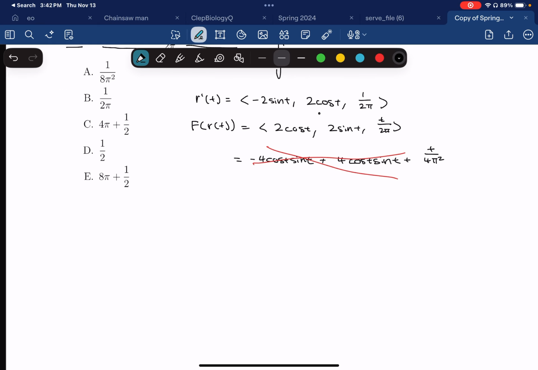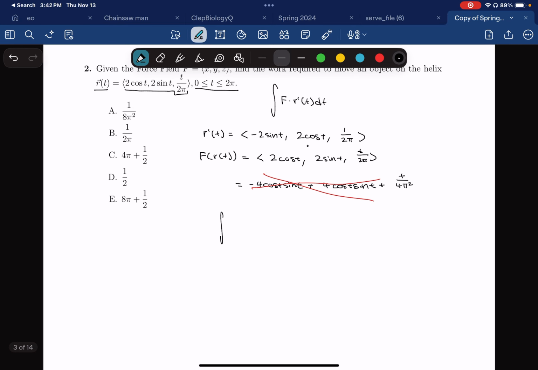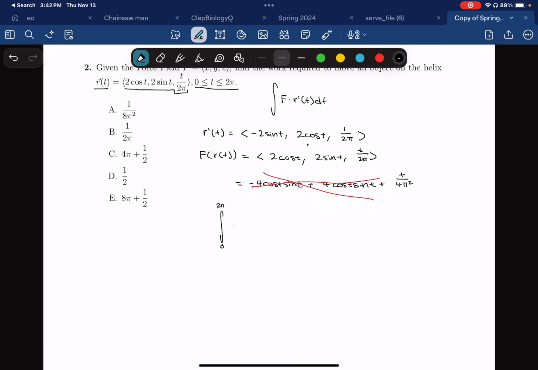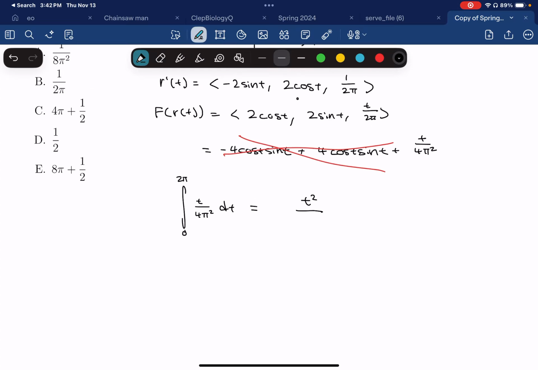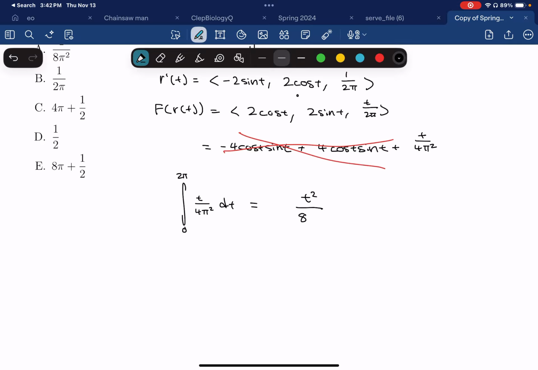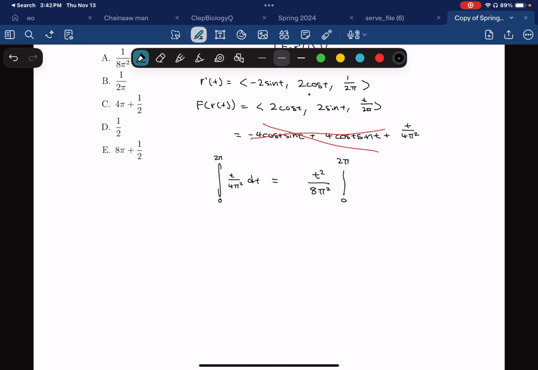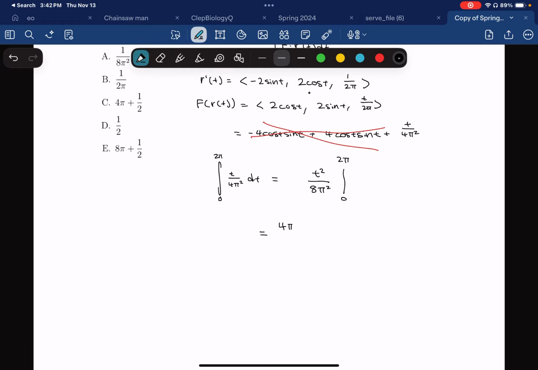We just get left with the integral from, they already gave us the bounds, 0 to 2 pi of t over 4 pi squared dt. So let's do this. So this will simply become t squared over 8 pi squared from 0 to 2 pi. Once we evaluate that, we just get 4 pi squared over 8 pi squared. The pi squares will cancel out, which just leaves you with 1/2, which in this case, 1/2 is our answer,